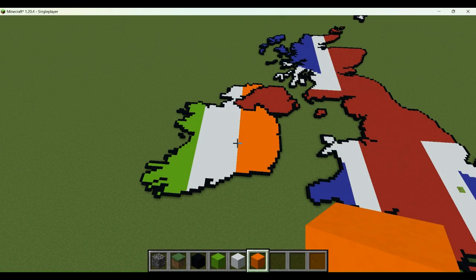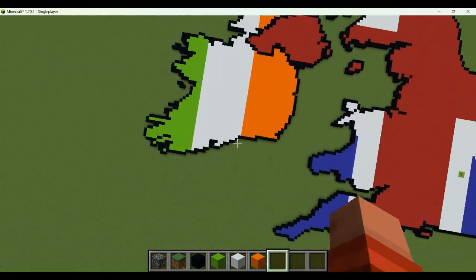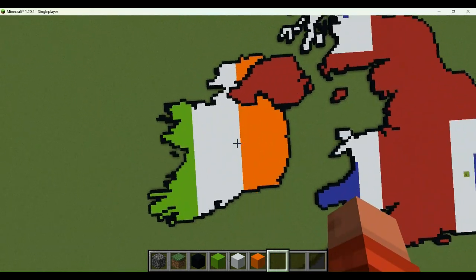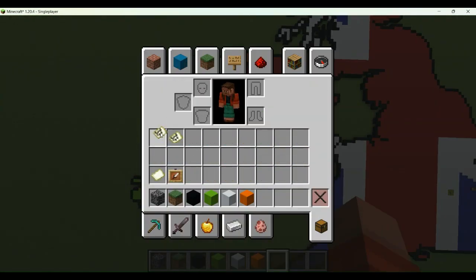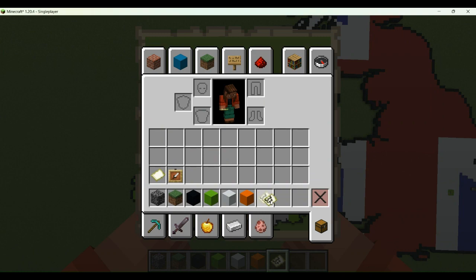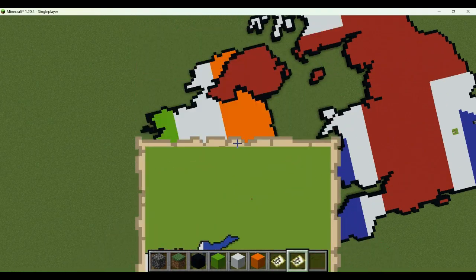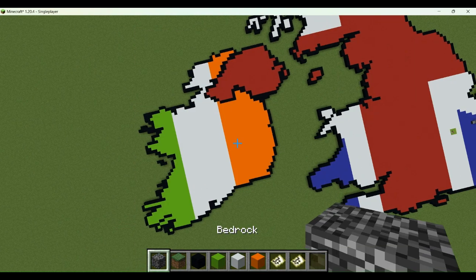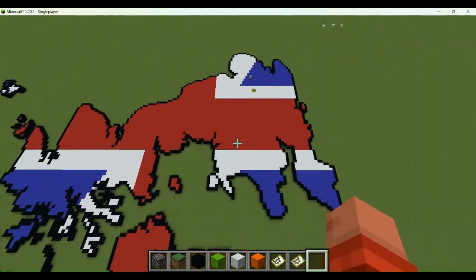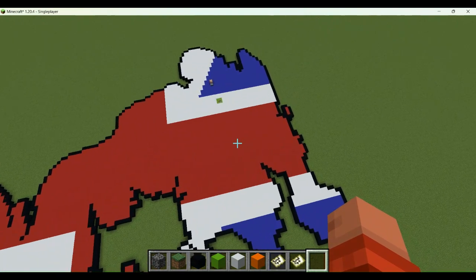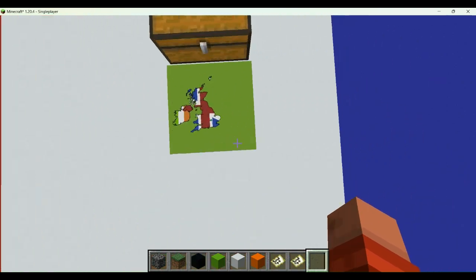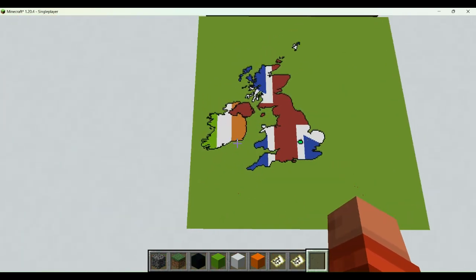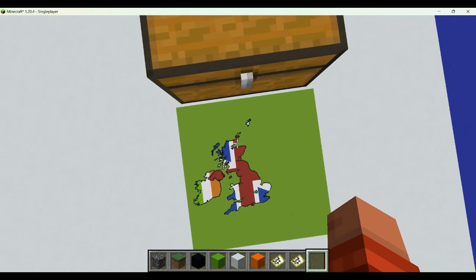Okay, it's done. This is what it should look like. So let me just map it really quick. Gotta go to maps. Here and then here. Alright, so here's Ireland, and here's the whole thing. We have the British Isles complete,